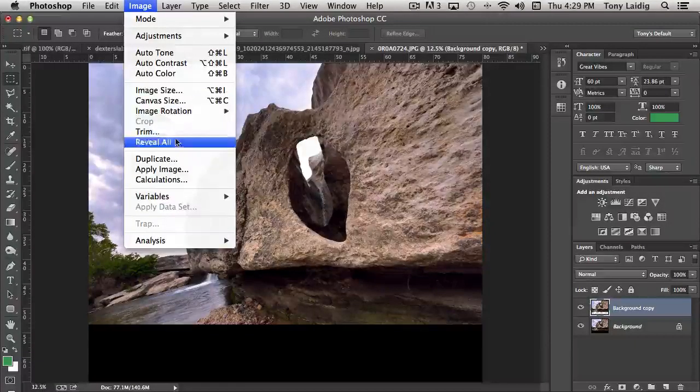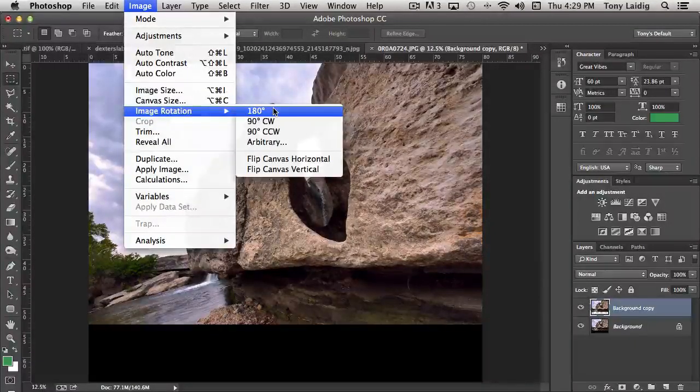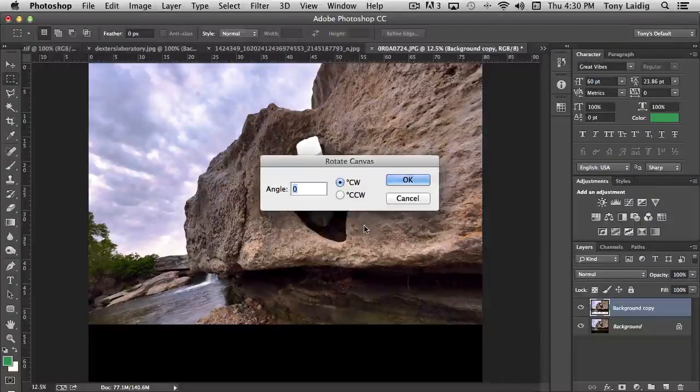In that same area, we also have image rotation, and this gives us the ability to rotate the image a full 180 degrees, 90 degrees clockwise or counterclockwise, and arbitrary. Arbitrary is basically just entering in what angle you'd prefer, say 25. And do you want it to rotate clockwise or counterclockwise? Let's say clockwise. When I click OK,